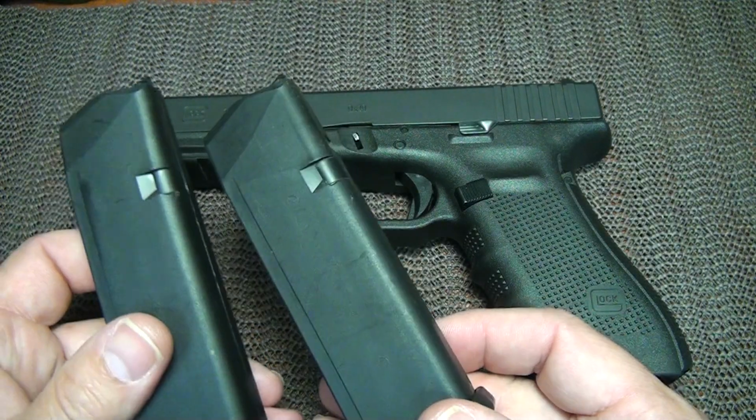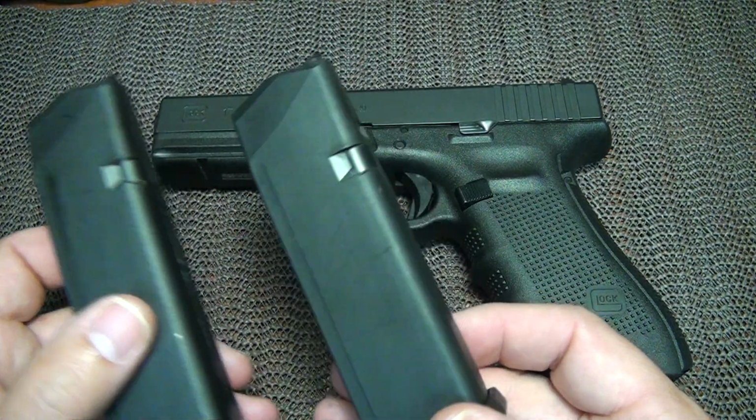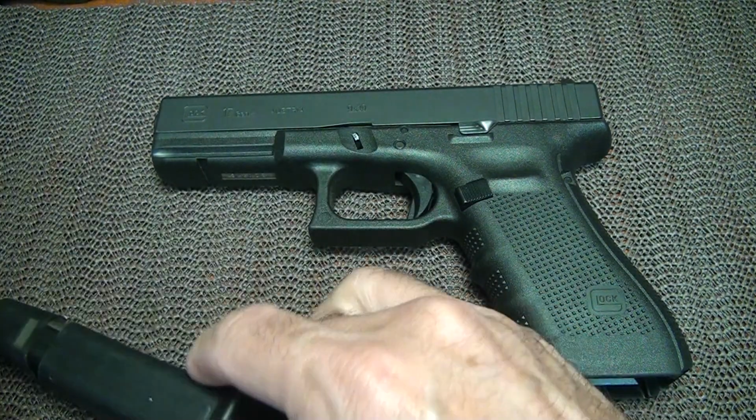And so you can use these type magazines in a carbine pistol. Whether you love it or you hate it, we're going to take a look